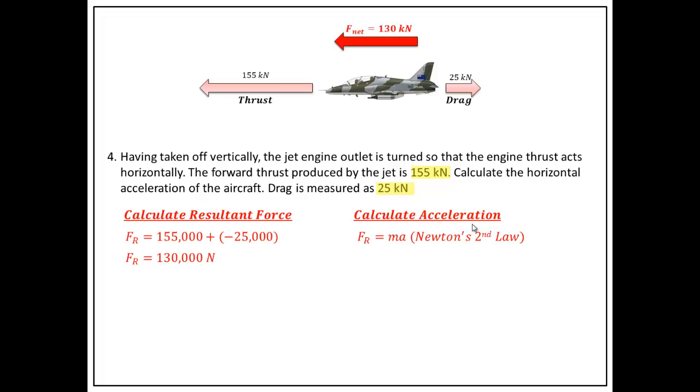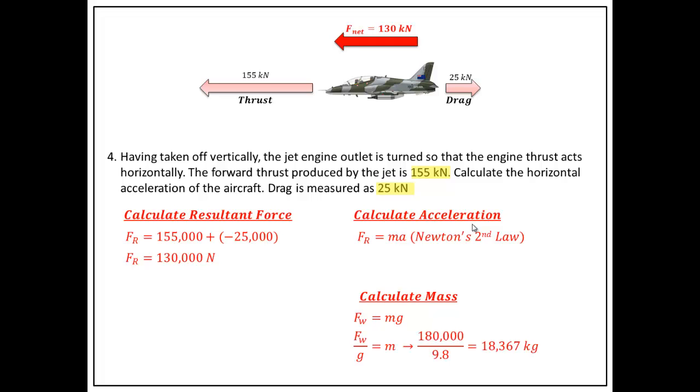To calculate the acceleration, I must first rearrange Newton's famous equation F equals ma, remembering that the F in this equation is the resultant force. This gives us a problem. We must also know the plane's mass in kilograms. In the initial part of the question, it gave us the plane's weight, and as weight is calculated by multiplying the mass by the force of gravity per kilogram, which is 9.8 newtons per kilogram, this allows us, after a rearrangement, to calculate a